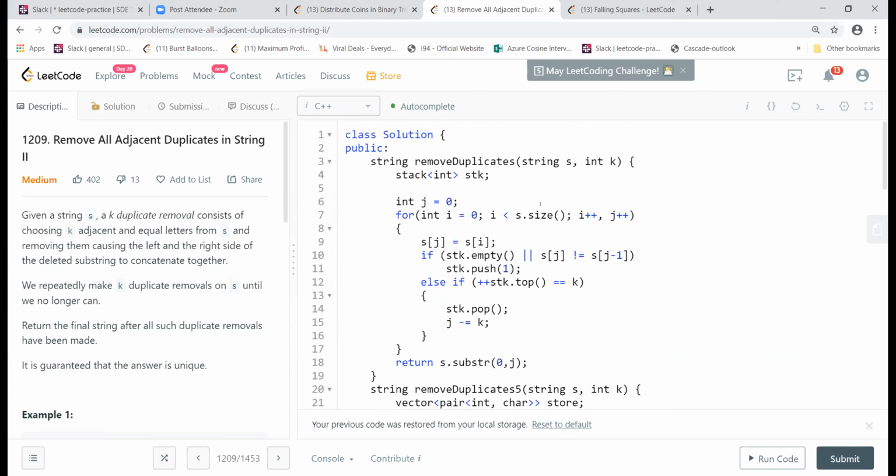I think this might only work in C++ because you can manipulate the strings directly. I'm not sure about Java. I think the solution also has been shown in C++. They rarely show solutions in C++, but it was shown this time, so that was a good thing. Most of the time it's only Java and Python. It's very rare that C++ comes.